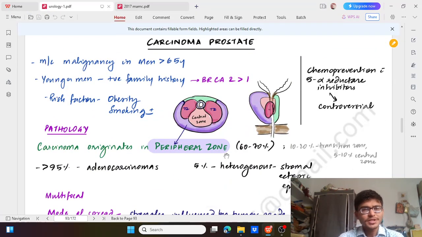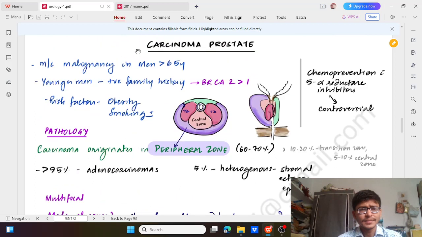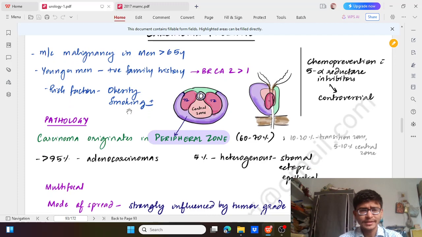So carcinoma prostate is the most common malignancy in men, especially in the old age group, and it is associated with positive family history, with the gene involved being BRCA2 more than BRCA1. Risk factors are obesity and metabolic syndrome combined with it, and smoking. These are risk factors, and since these can be modifiable,